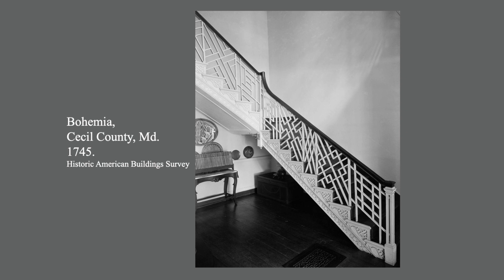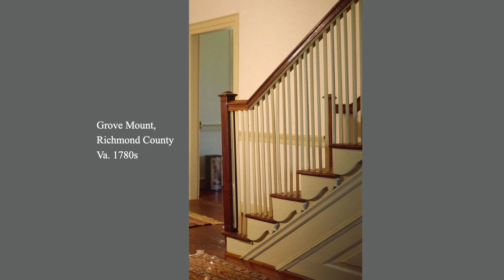While rare, such stairs are marks of the high quality attained in some colonial works. The use of fanciful stair railings began to pass out of fashion in the 1780s in favor of leaner design. Typical of this new approach is the railing in Grovemount, a 1780s Virginia house. The railing here is composed of plain square pickets, but given a bit of character by being set on a